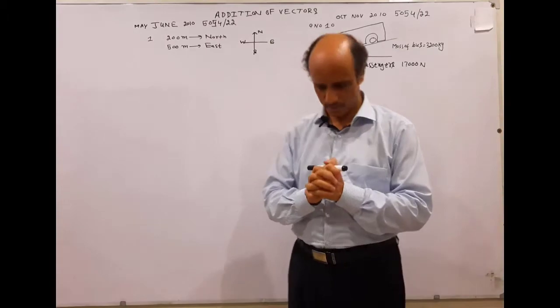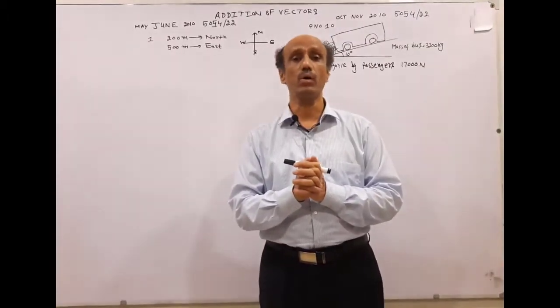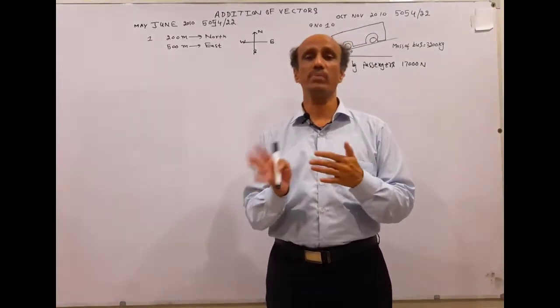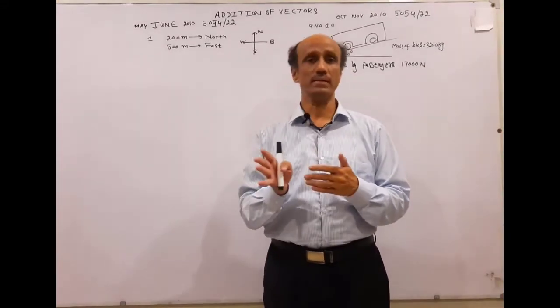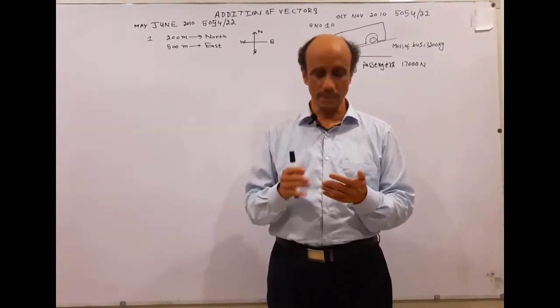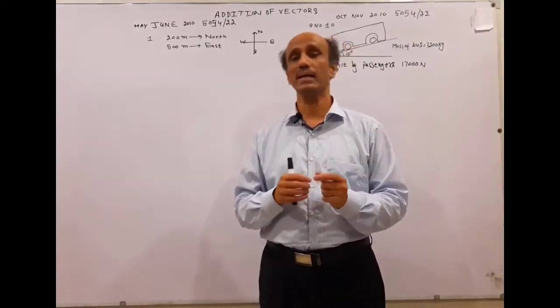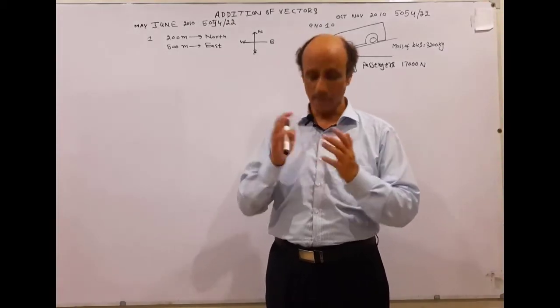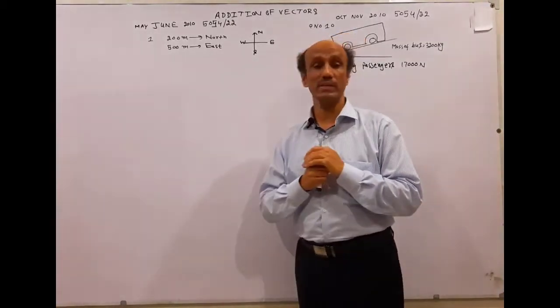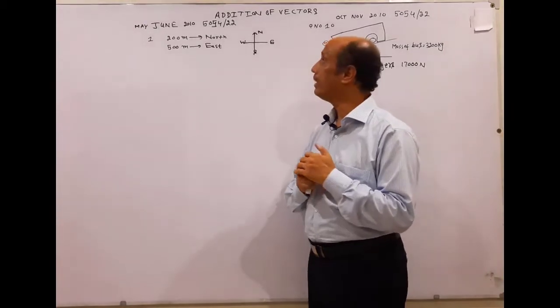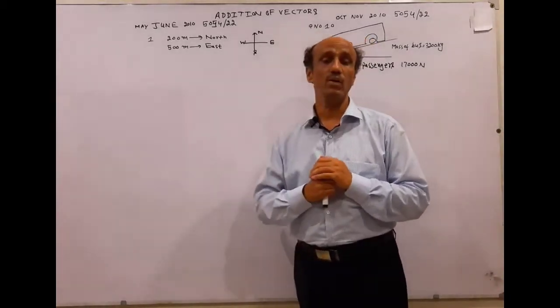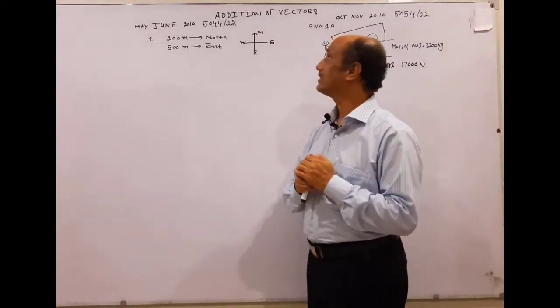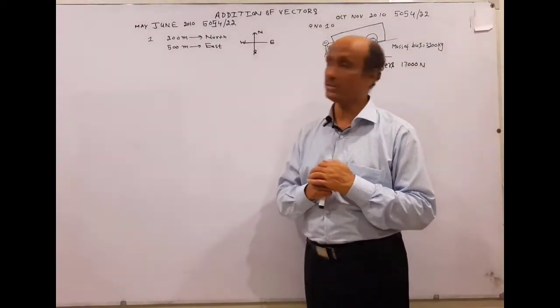In the previous lecture we learned how to draw the parallelogram. Now we will do more practice with past paper questions so that you will get a really very strong grip on this topic. The question which we will discuss is from May-June 2010, 5054/22. The variant is 22.